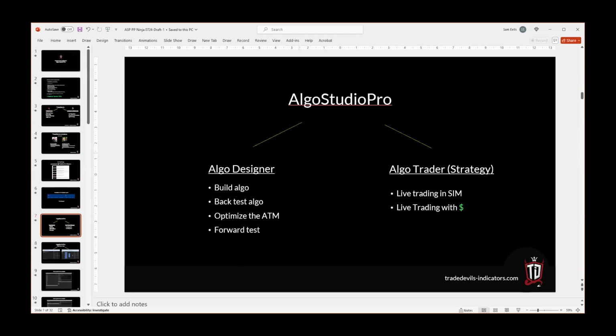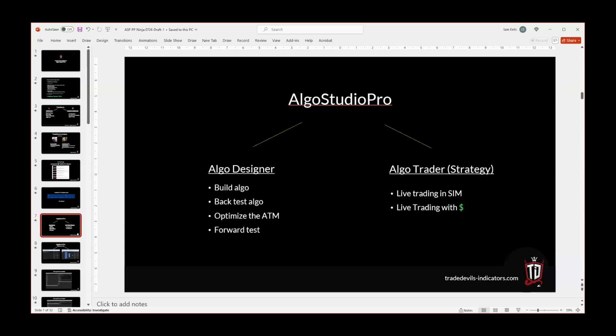But that's how you get a sense for the robustness of the algo that you've created. So we would strongly encourage a minimum of 10 days of trading in Sim before you turn it loose with live money, just so that you're comfortable with it and you understand what to expect. That would be just, whether it was our product or any product, a good idea in terms of the back testing that you would do.